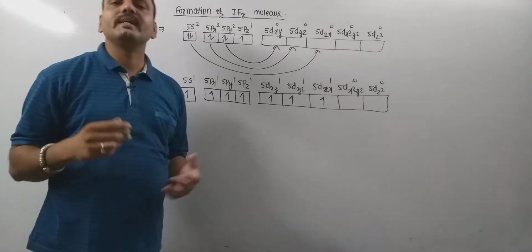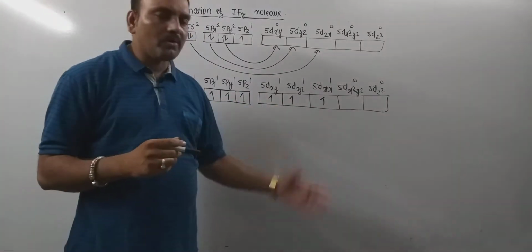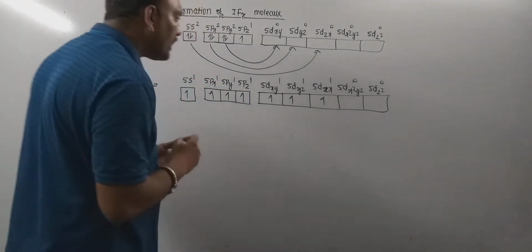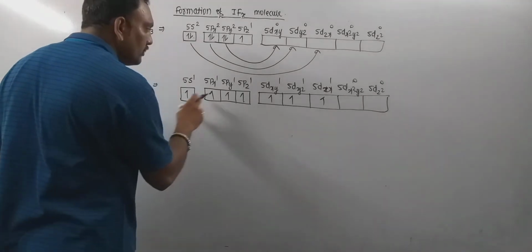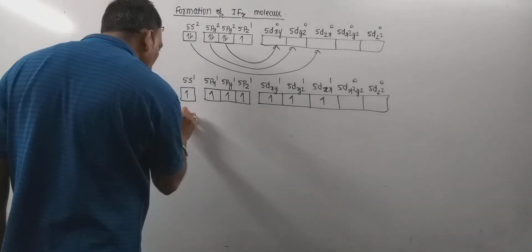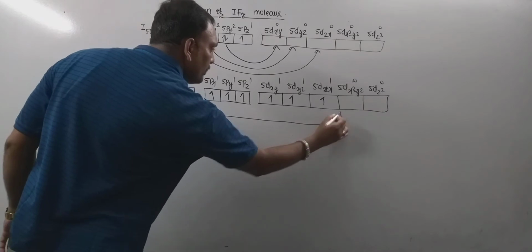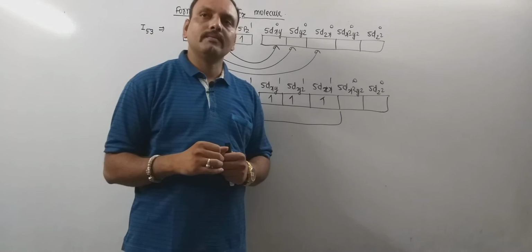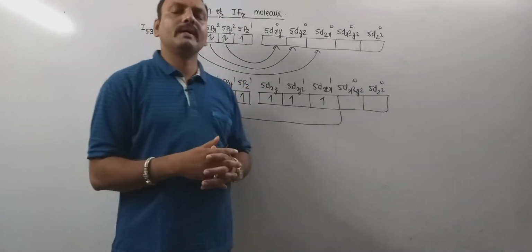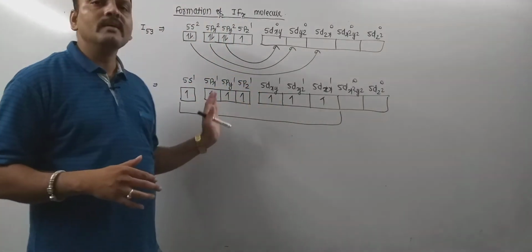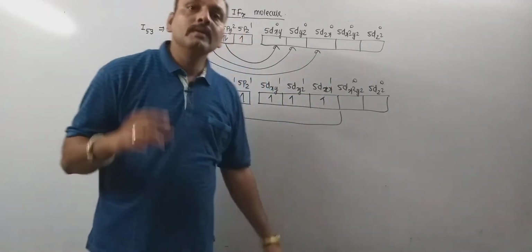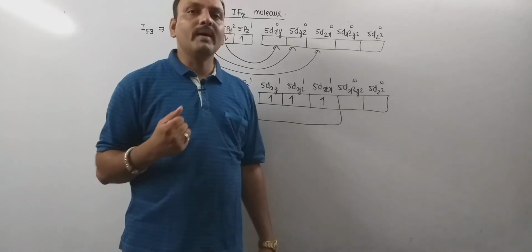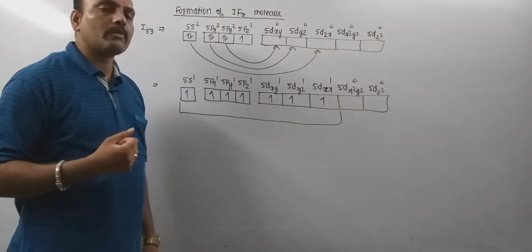Now in excited state, iodine has 7 unpaired electrons in its valence shell. So it undergoes sp3d3 hybridization by mixing 1s, 3p and 3d orbitals. So these are the atomic orbitals which participate in the process of hybridization. Now remember, each and every atomic orbital, whatever participating in the process, contain unpaired electron. Thus, the newly formed hybrid orbitals, 7 in number, all of those contain unpaired electron for sure.